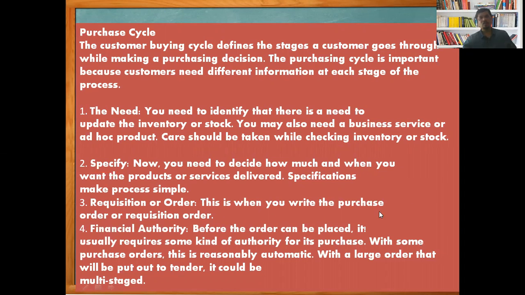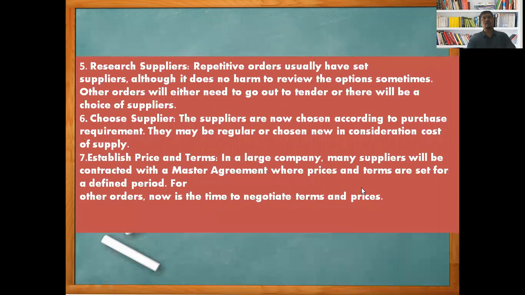Then we can go to the fifth one, research supplier. Before placing the order, before giving it to any specific supplier, I have to do research on the supplier. I have to see the capacity of the supplier. I want to do bargaining, to see how much amount they are going to charge and whether they are going to give a certain kind of discount. I am going to see that in short.